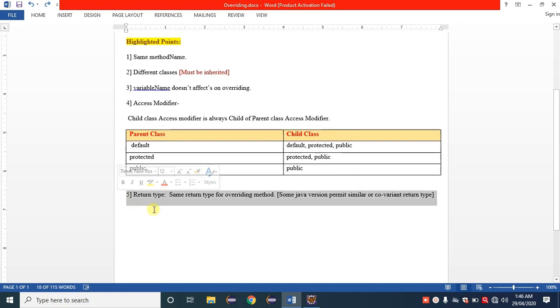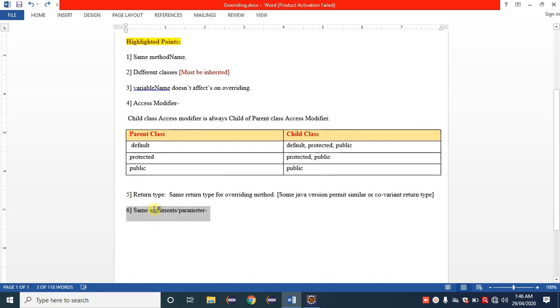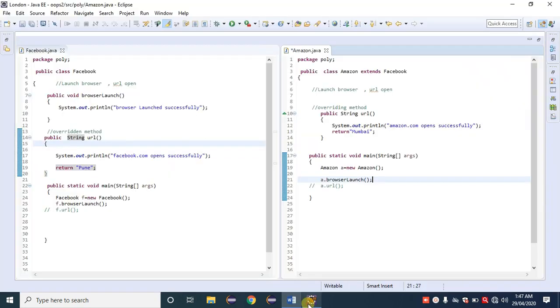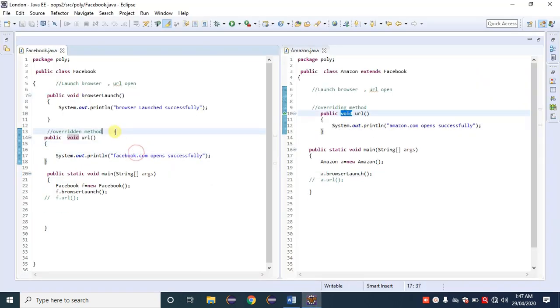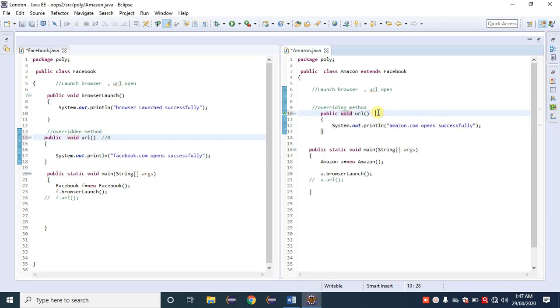Then there is a key point here: same arguments or parameters. How to override a method? Inside the parentheses of the method, there must be the same arguments or parameters between the child class method and the parent class method. Observe here: this URL method has 0 arguments, and the URL method in the child again has 0 parameters. It means that it fits our requirement. What is the requirement?